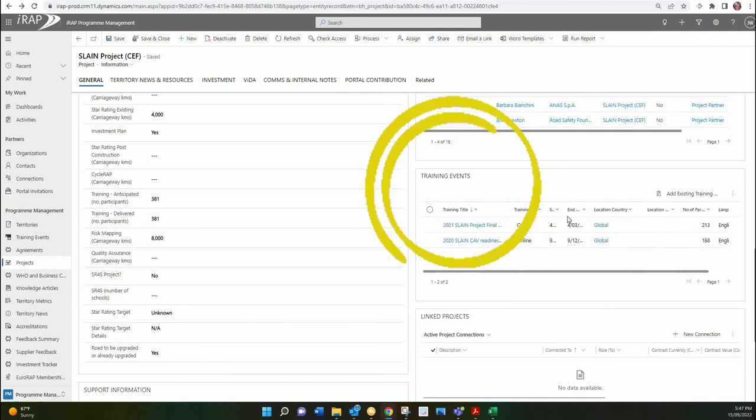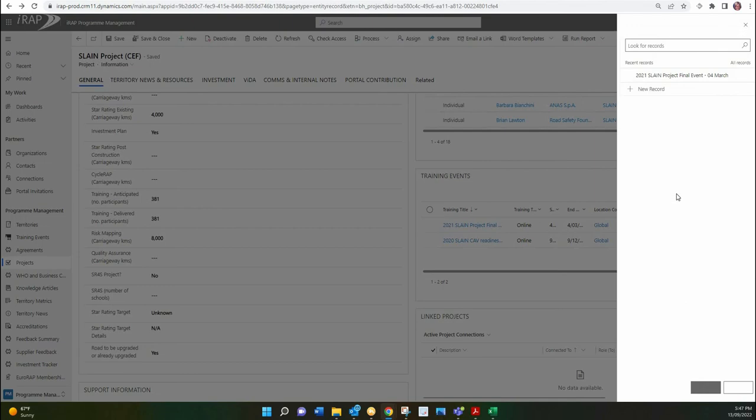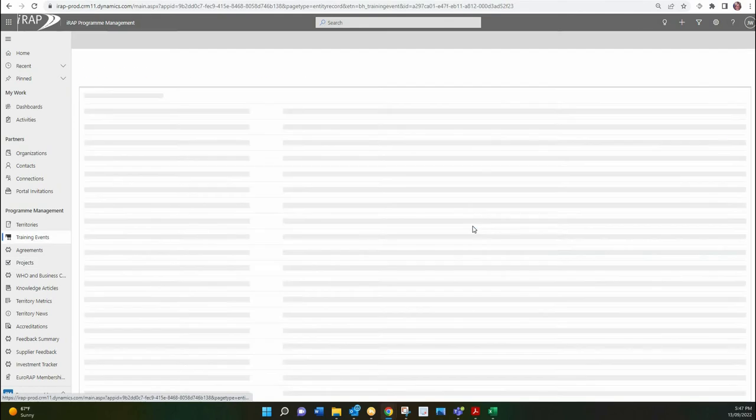You can see here that projects will often have training events associated with them. Trainings are added to our system in response to the forms that you complete and return each month, advising of the trainings run and advocacy events presented at. We want to link projects to trainings and their attendees, and we do this using this lookup. So for example, here I could simply search for a keyword to find the particular training I would like and add. If we look at what is shown here, I can simply click through and then you can see